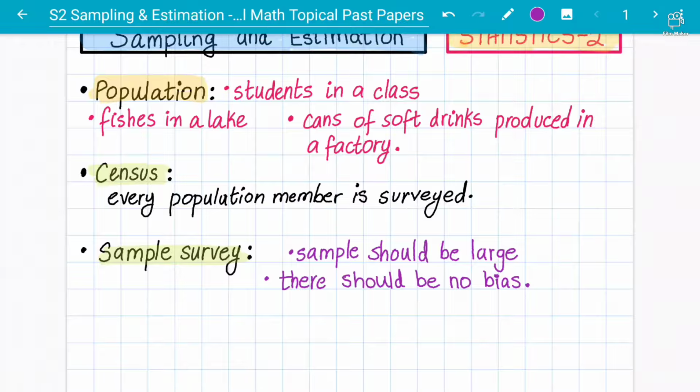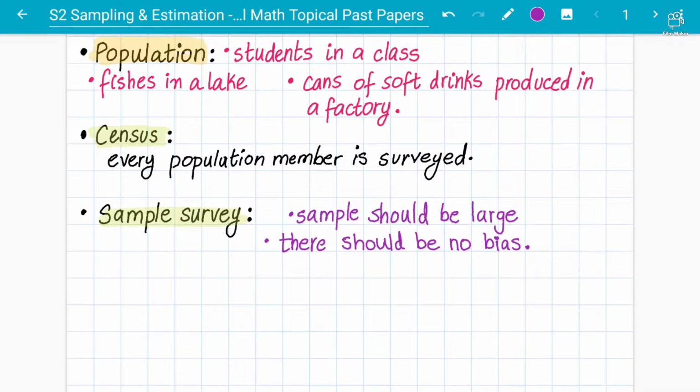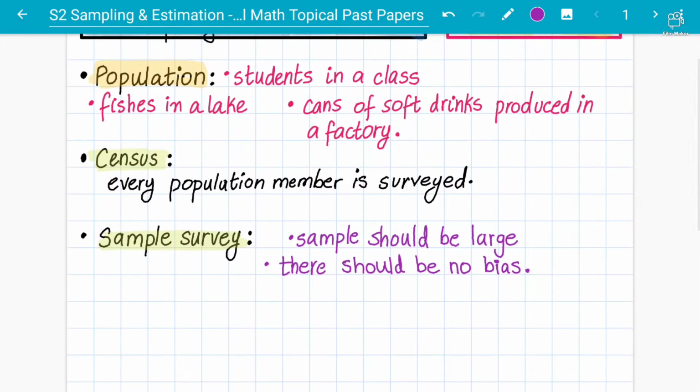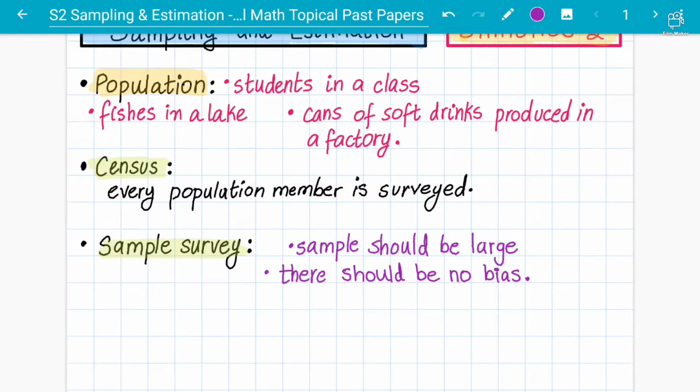The sample should be independent, it should not be dependent on anything, and it should have complete authority, as well as it should be equal. There should be no more preference to anything, and that is what we call when we try to eliminate the biases in the sample survey. And that is why I have given you this information, because a couple of questions in the exam paper will be around this, and that is why it is lecture number 1 for sampling that we are talking about here.